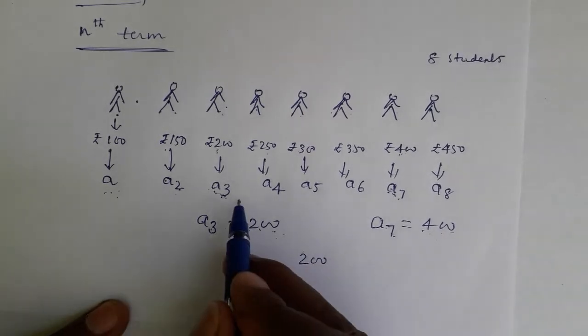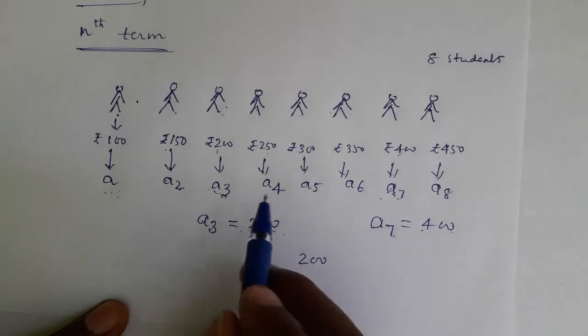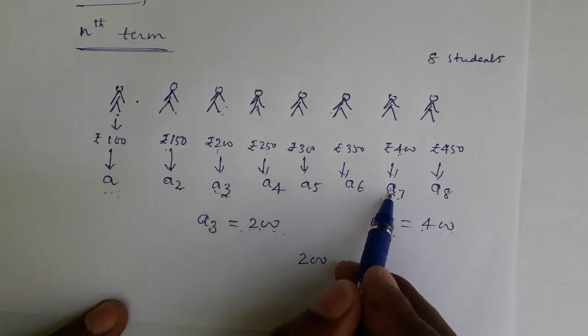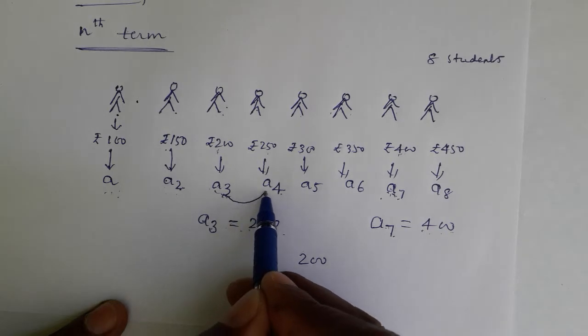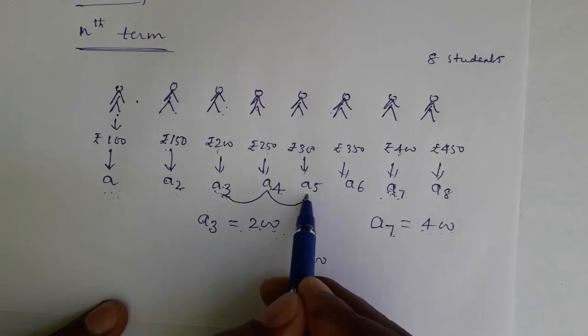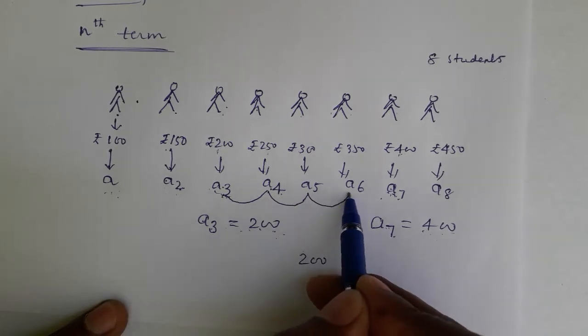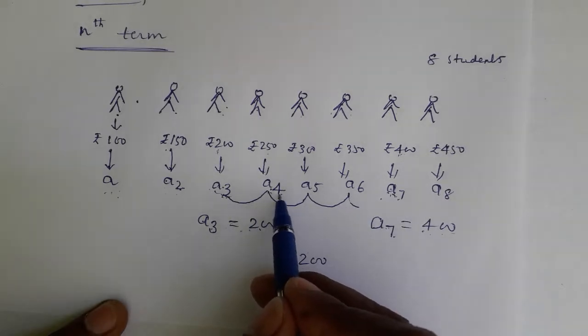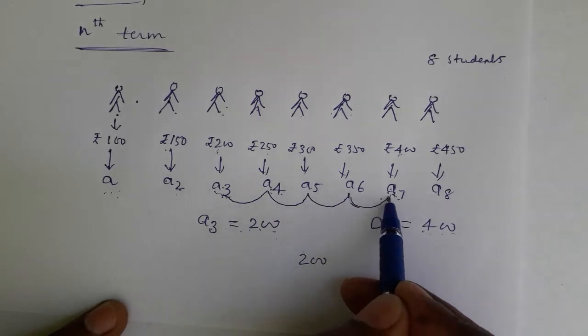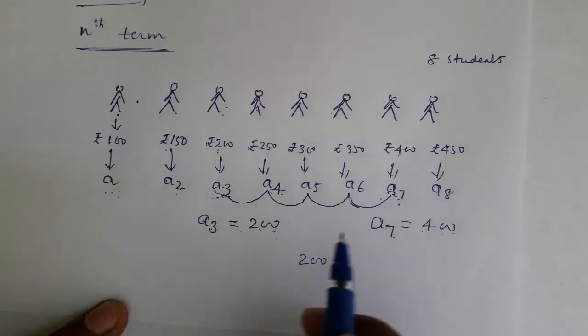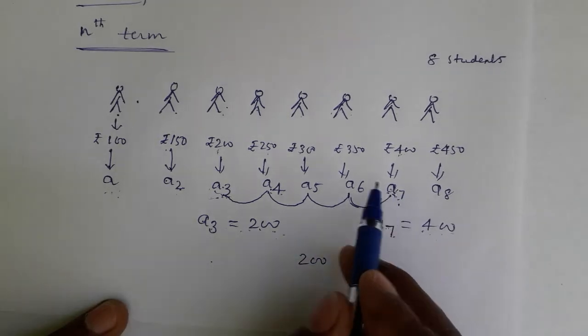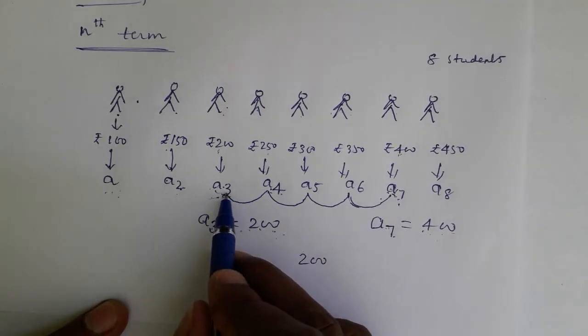Let us see how much gap there is between the third person and seventh person. Look at the third person. If he goes to meet the seventh person, I repeat, the third person goes to meet the seventh person. What does he do? The third person first goes to the fourth person. He takes one jump. Again he goes here, second jump. Again he goes, third jump. Again he goes, fourth jump. So this third person, to reach the seventh person, takes totally 4 jumps. So the seventh person is 4 jumps greater than the third person.